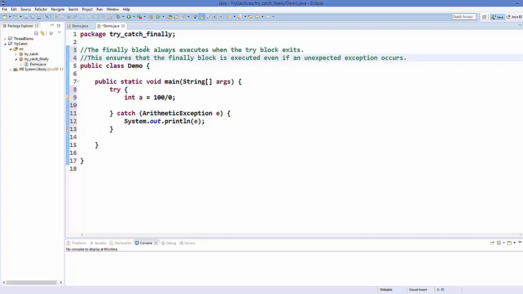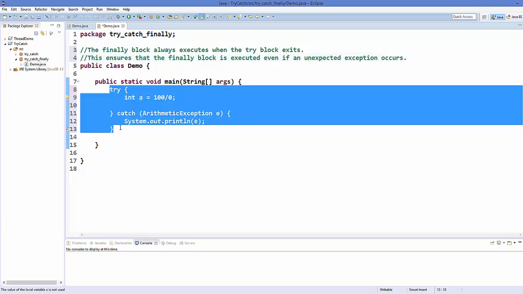The finally block always executes when the try block exits. Generally you use finally block when you want to add a try catch block with your code. The property of finally block is it always executes whether your exception occurs or it doesn't occur.